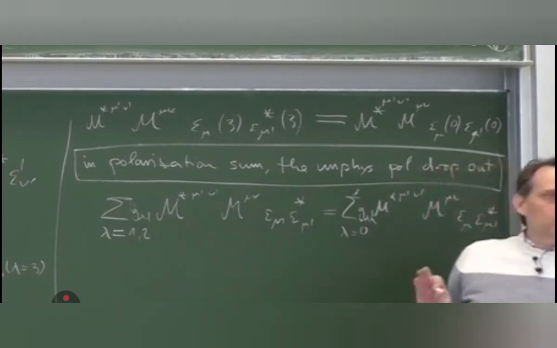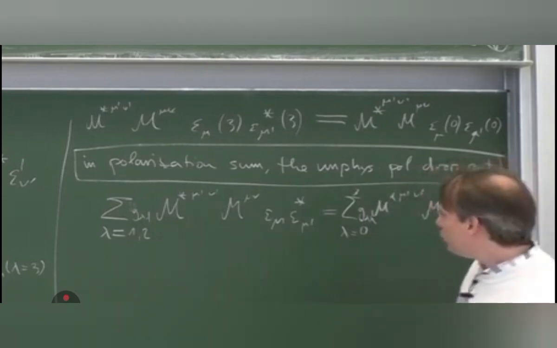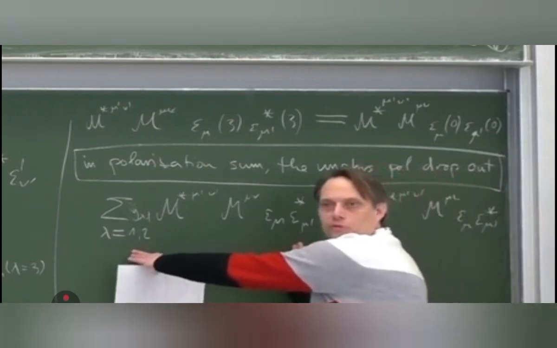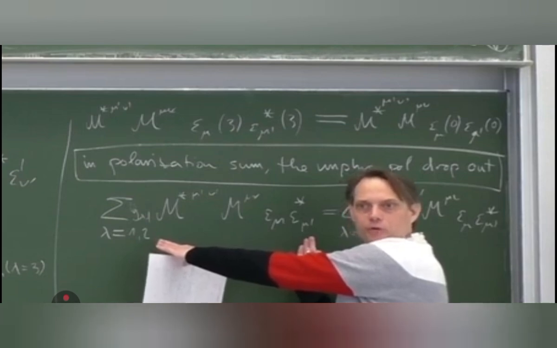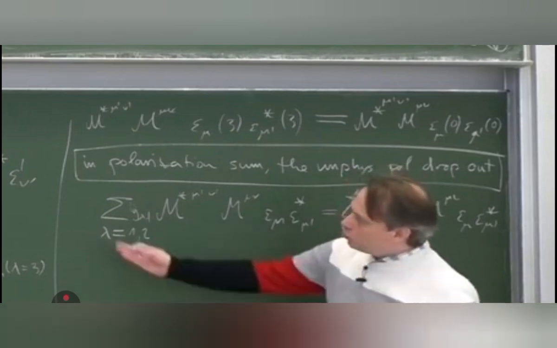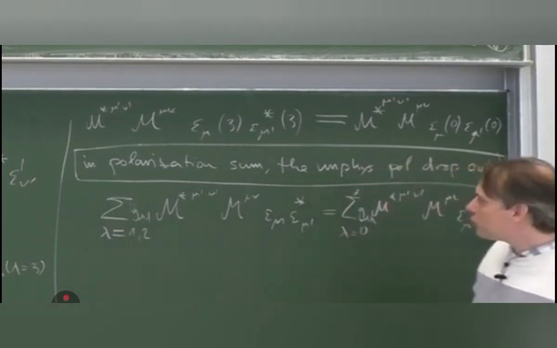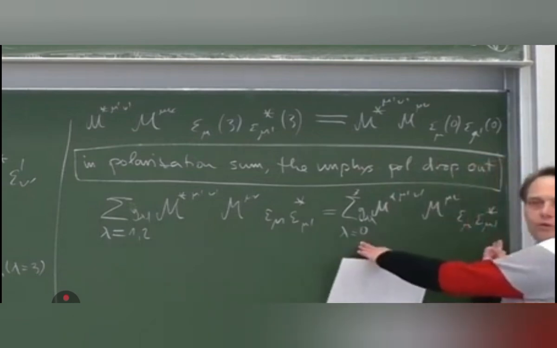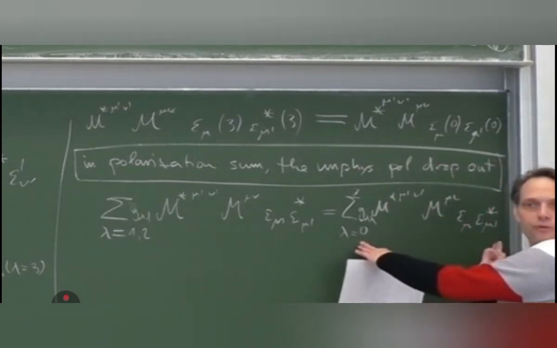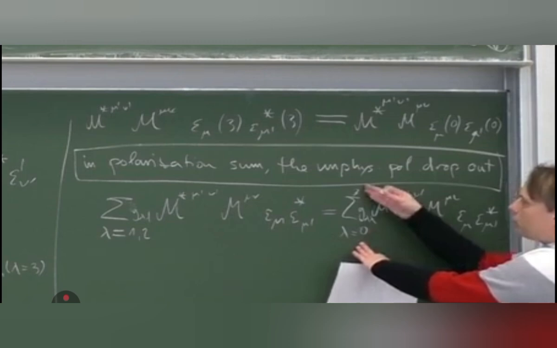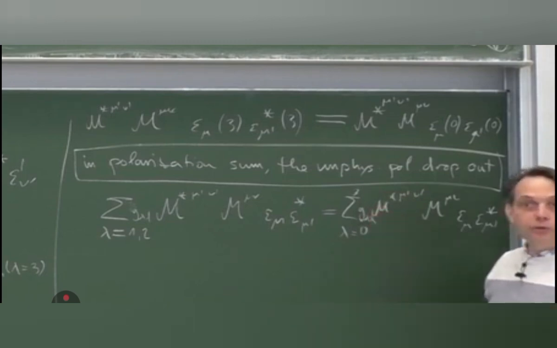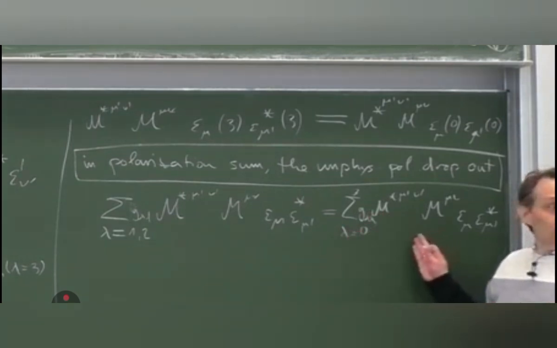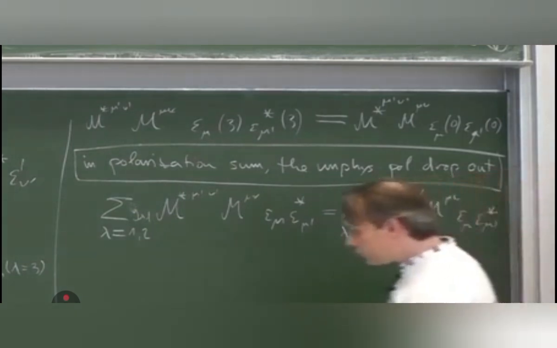What we want from physics is only the physical polarizations, and that gives us the physical result of our process for the two physical spin orientations of the photon. However, alternatively, we can instead calculate this summation over lambda from 0 to 3 with this sign-dependent normalization. The result is the same. And the right-hand side is much easier because now we have a completeness relation.